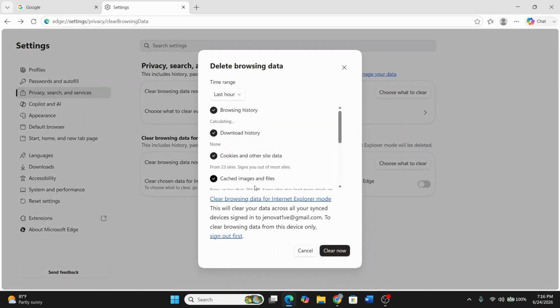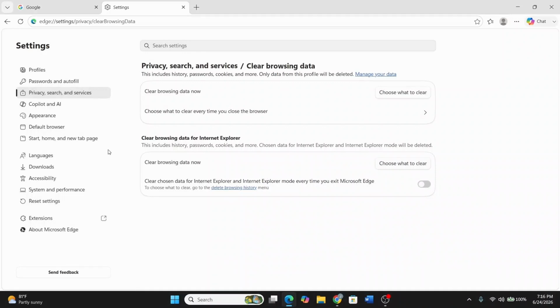Following this, wait for Edge to finish clearing the cache and cookies. This should only take a few seconds. From here, once completed, go back and browse a website to confirm Edge is loading pages fresh, without old cache